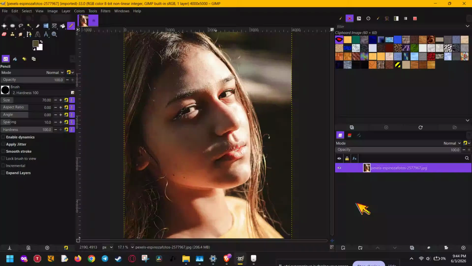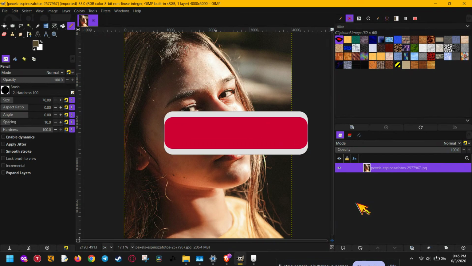In this video, I'm going to show you how to create an instant digital pixelate censorship effect in GIMP step by step so you can blur out sensitive details quickly and cleanly. This is a simple technique that works great for screenshots, photos, thumbnails, and any image where you need to hide private or sensitive information. It's fast, easy, and once you learn it, you can use it again and again on